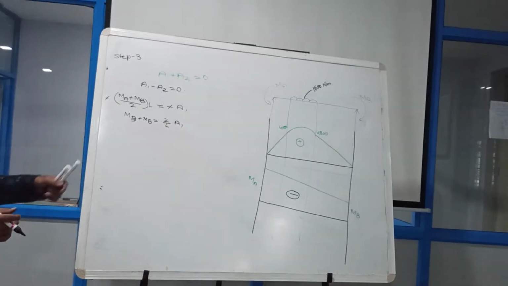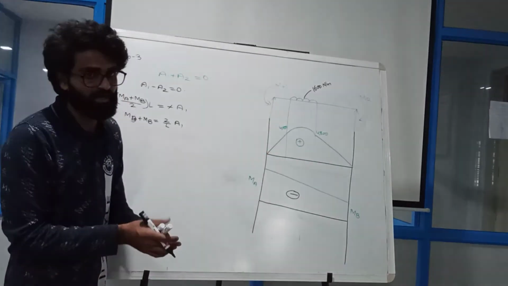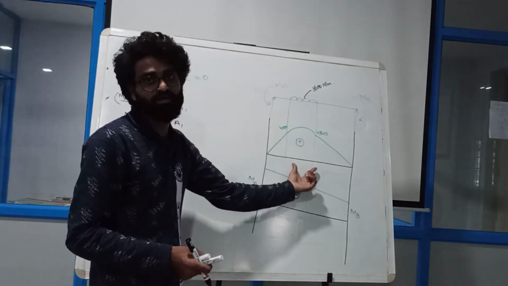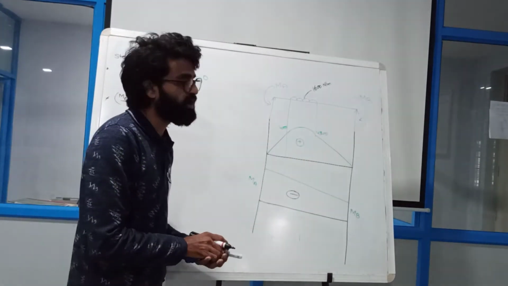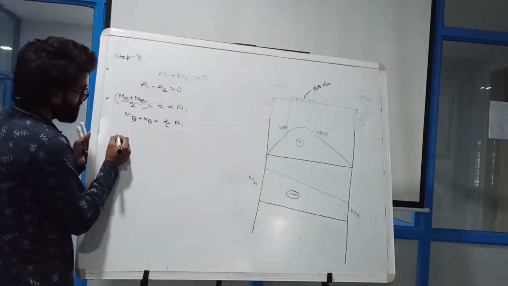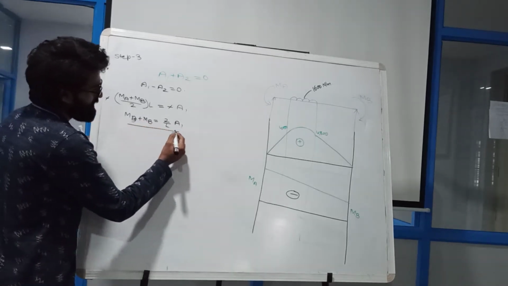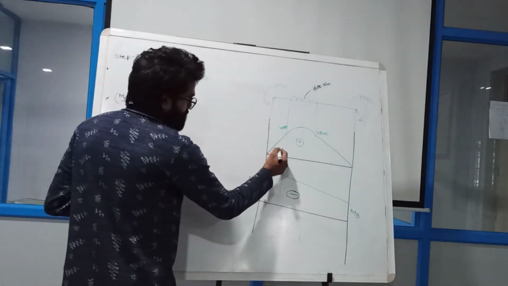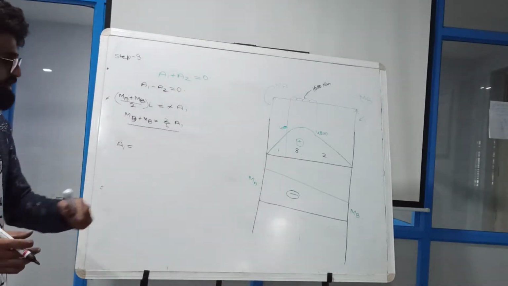Now my dear friends, what we have to do is calculate area 1. But you see area 1 up to here is a triangle. Here also it is a triangle. But in the middle, this figure, I can't calculate the area for this figure directly. So how will we calculate the area for this figure? I will do it figure by figure. So A1, let us keep this value like this only, and I will calculate my area 1. How will I calculate? I will take 3 figures. First figure is this, second is this, and third is this. Then I can calculate like this.